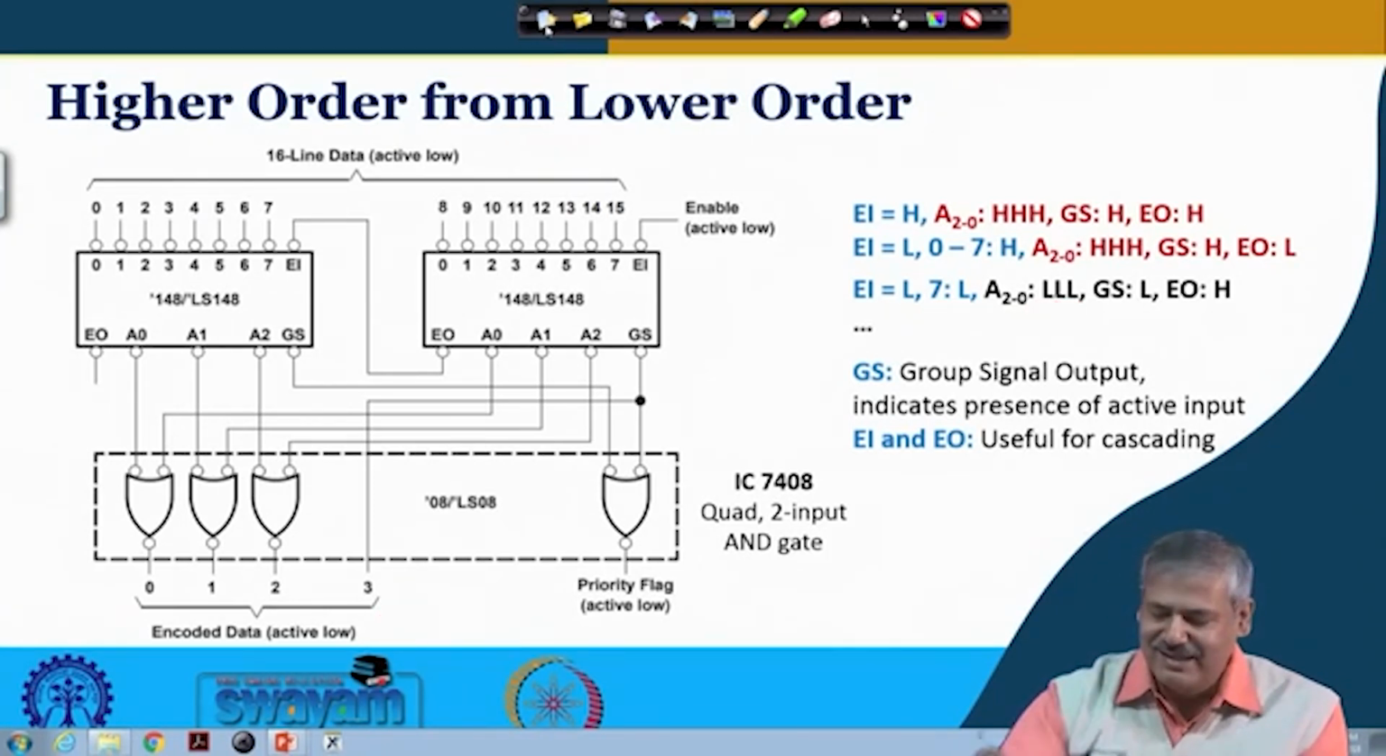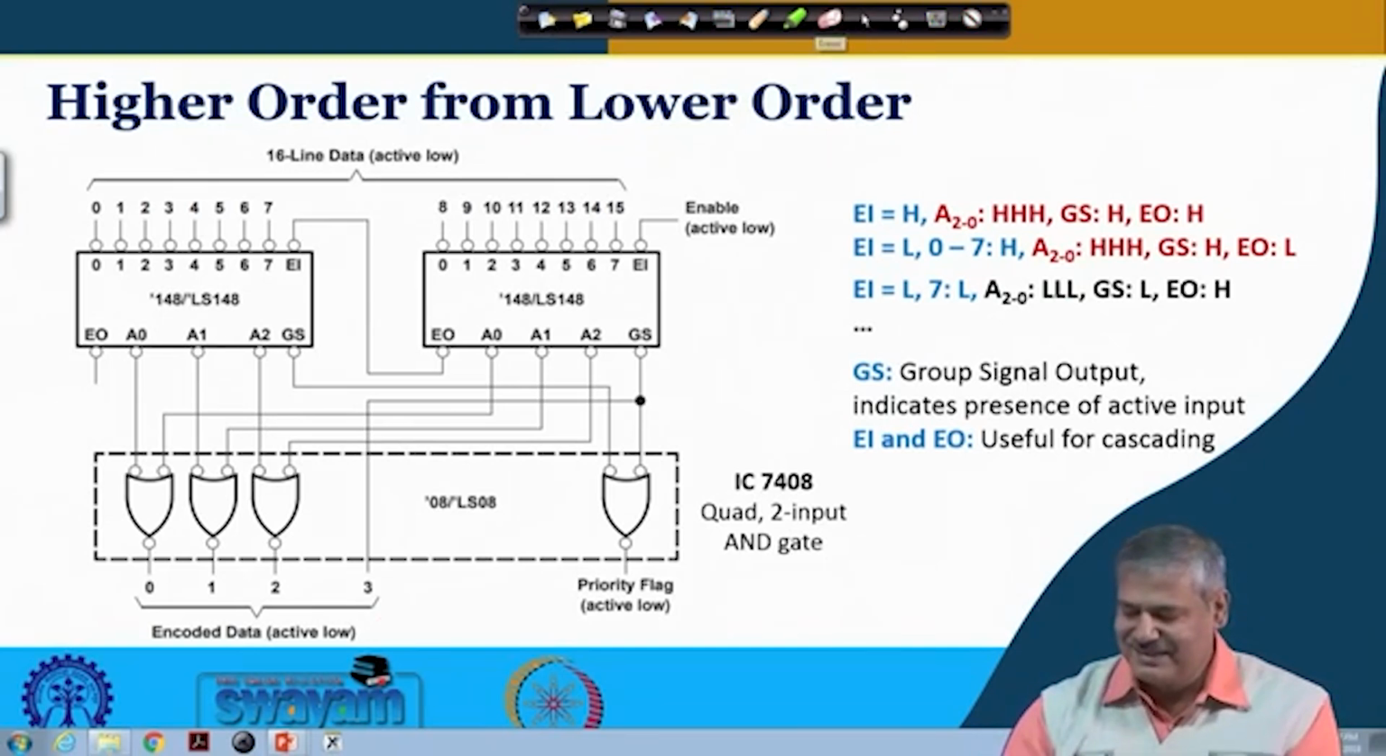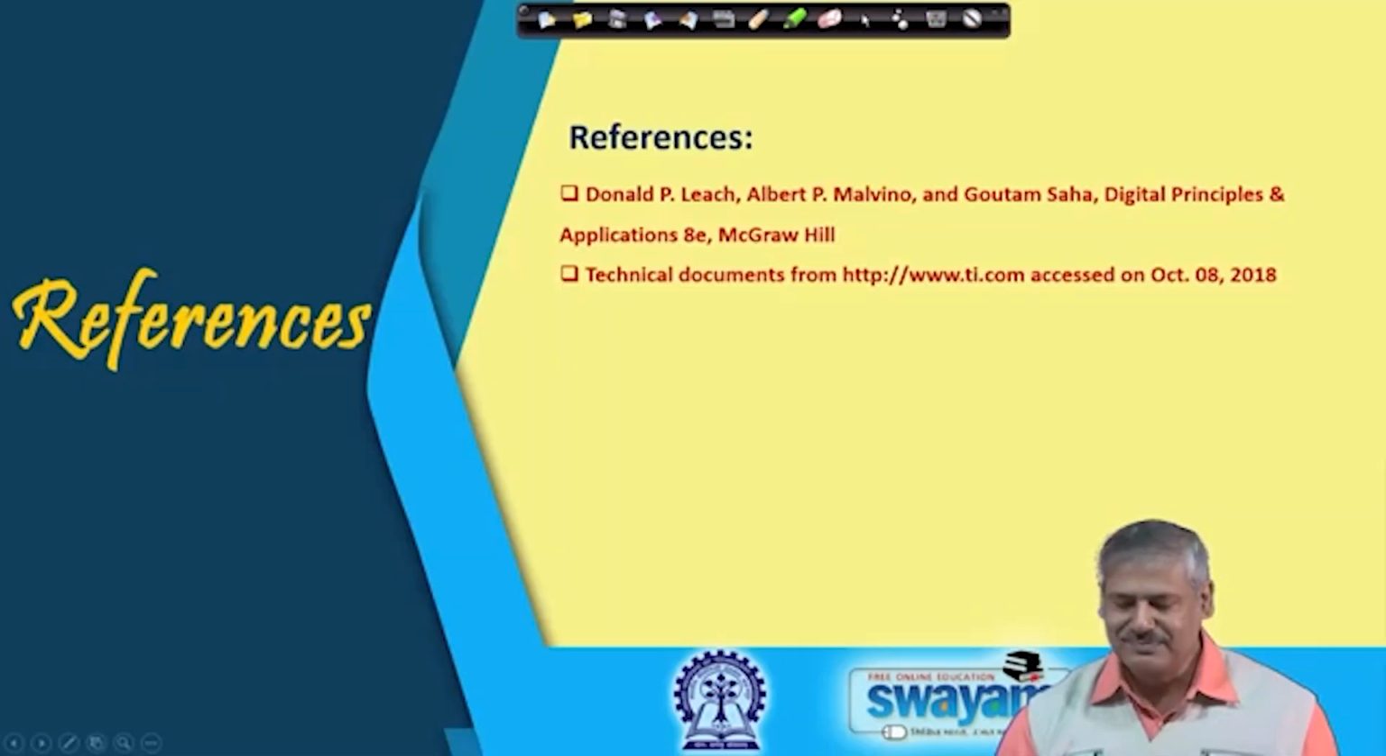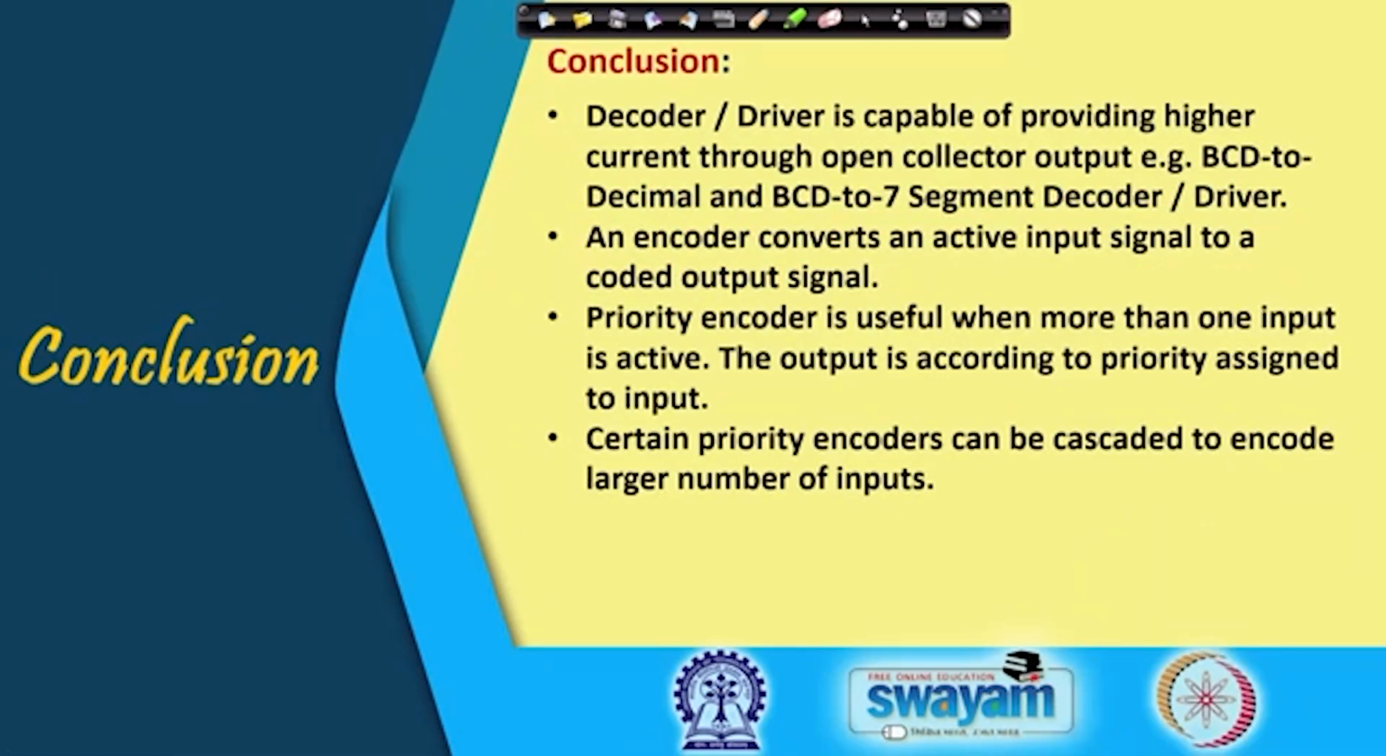Okay. Now, to conclude, decoder driver is capable of providing higher current through open collector output, as for example, BCD to decimal and BCD to 7 segment decoder driver. Okay. And this is useful for display devices. Okay. Often these BCD numbers are displayed,